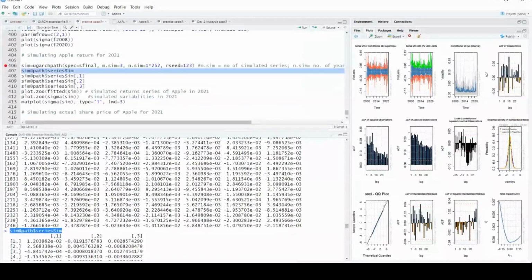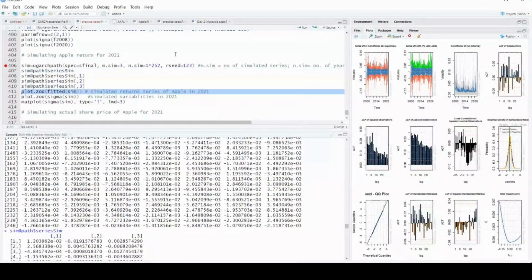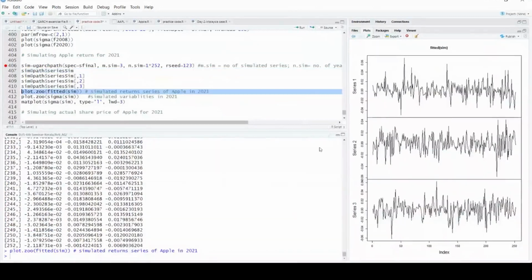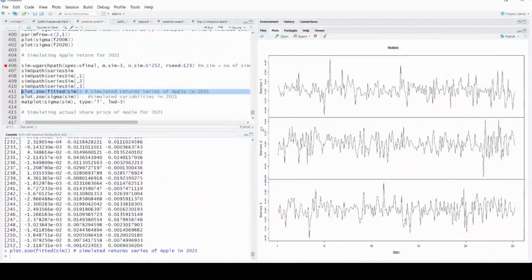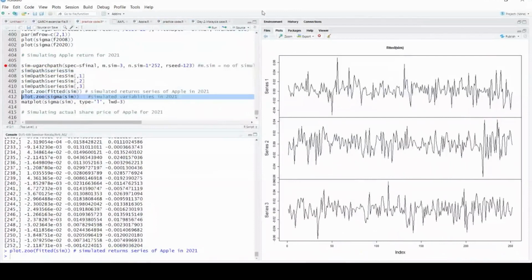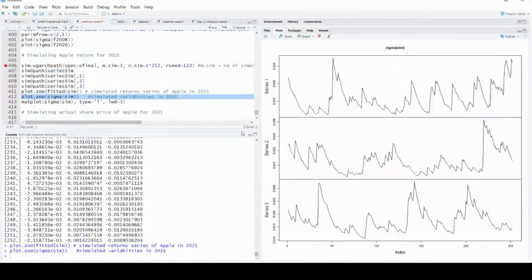Let me plot and then you can understand. So you can see it here. This is the return series, okay? This is the fitted observations of the return series. So I have simulated 3 time series, 1, 2, 3, with the different weights which I have assigned to the volatility. So I've simulated three series of the returns. I can also plot volatility and you can see the volatility curve of the simulated series. So this is my volatility curve.